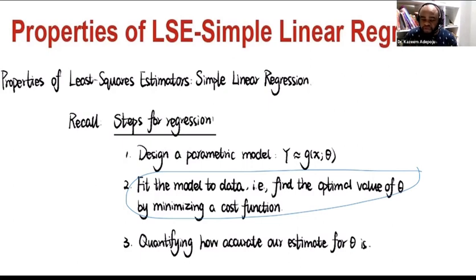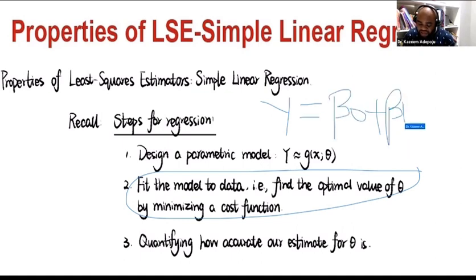So when we fit the model to the data, the essence of doing that is actually to obtain the optimal value of the parameter theta. And don't forget, for linear regression, the specification is that we want to figure out what is going to be beta naught, what is going to be beta one,